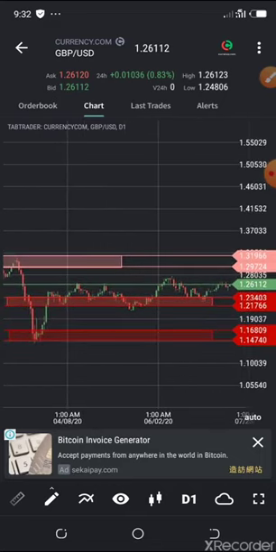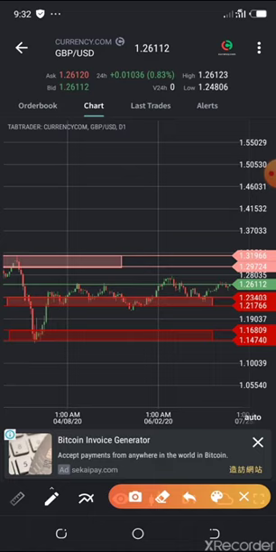So you see, at the support zone, a positive price reversal is expected. We can see from this that when it got to this point, the price went up. There was a reversal here. This is another support zone. Then price went up again. It came down to the support zone, and then price went up back. Are you seeing it, guys?